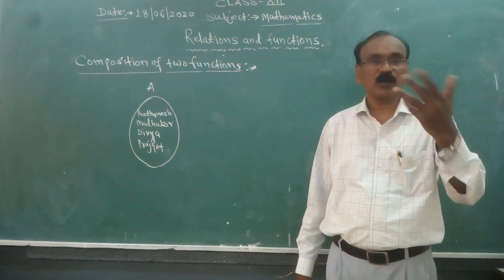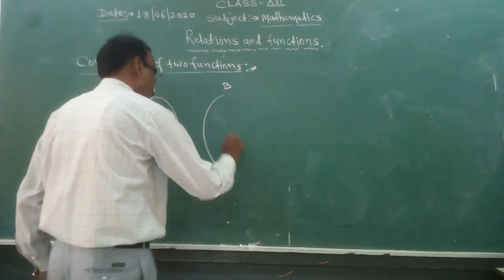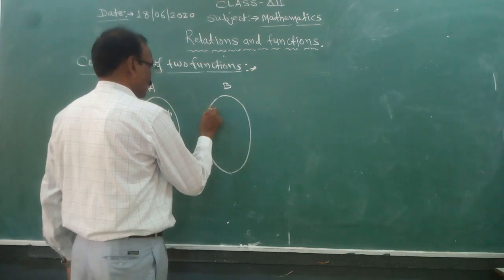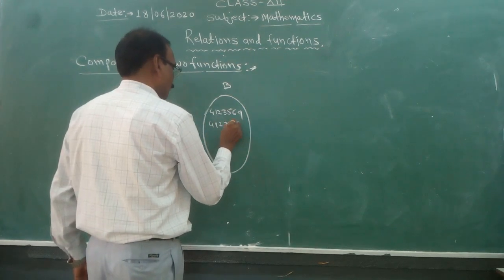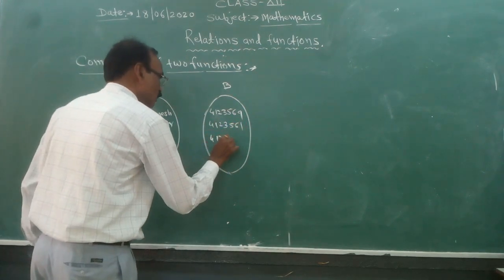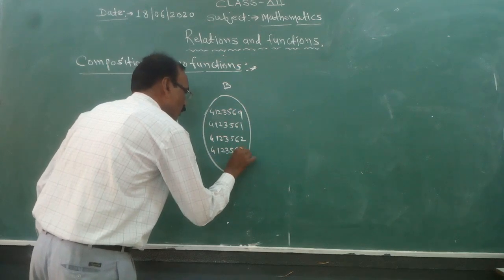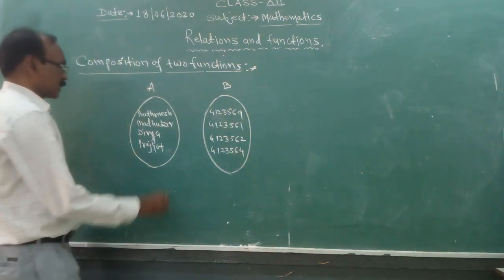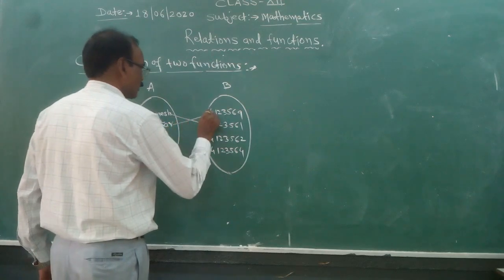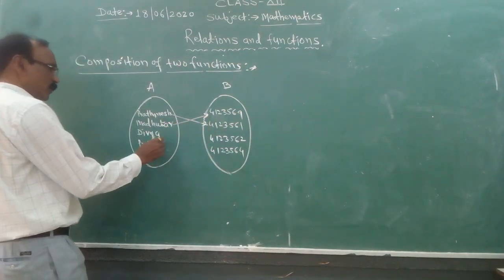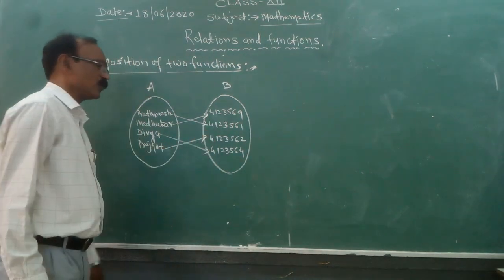to them. The board allots roll numbers. Suppose their roll numbers are taken as set B. Some roll numbers are, for example, 4, 1, 2, 3, 5, 6, 9; 4, 1, 2, 3, 5, 6, 1; 4, 1, 2, 3, 5, 6, 2; 4, 1, 2, 3, 5, 6, 4. For example, the roll number of Prathamesh is 4123561, of Madhukar is 4123569, of Divya is 4123564, and of Prajjot is 4123562.